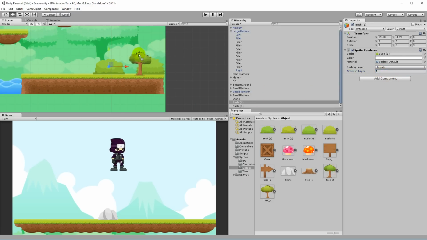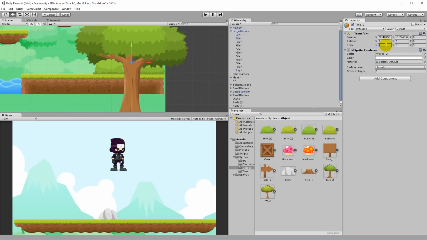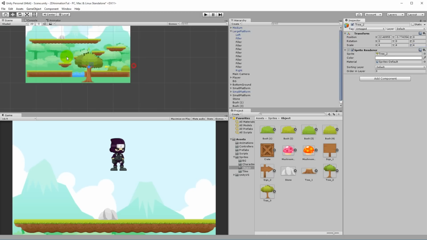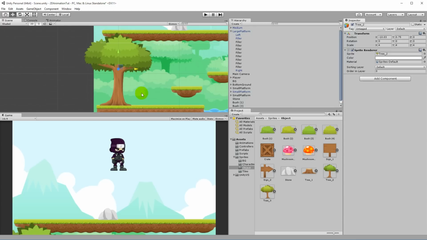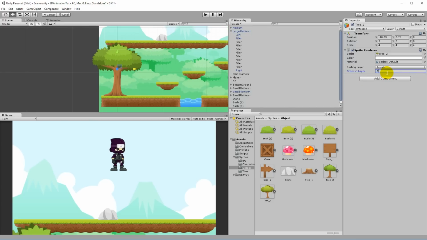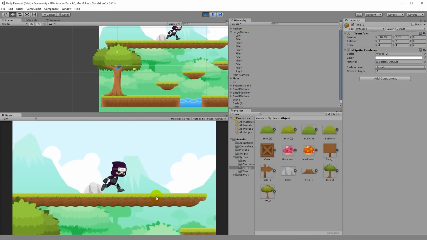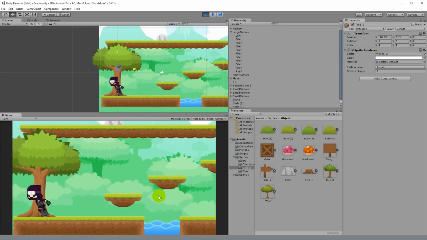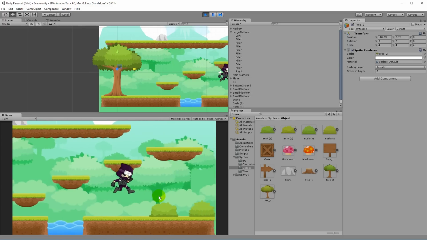And then we can also add some kind of tree or something. So if we add a tree here and say that it's 5, 5, 5, that's maybe a little too big. 4, 4, 4. Yeah. So actually I want to add the tree over here, so that the player can walk in front of the tree here. So that's -1, and so on. So you can keep adding stuff to the scene like this, different sprites and everything that makes it look a little better. So for example, here's a tree you can walk in front of. If you jump over here, we have the bushes. One of them is where the player runs behind. You can see his feet here.